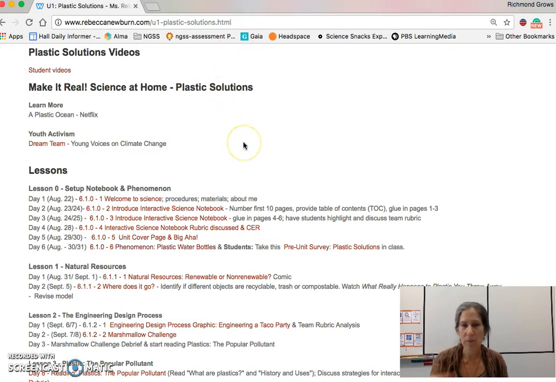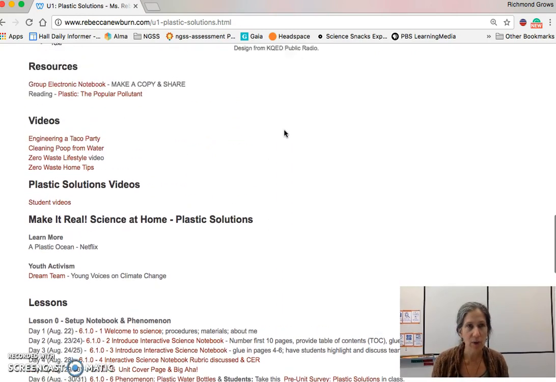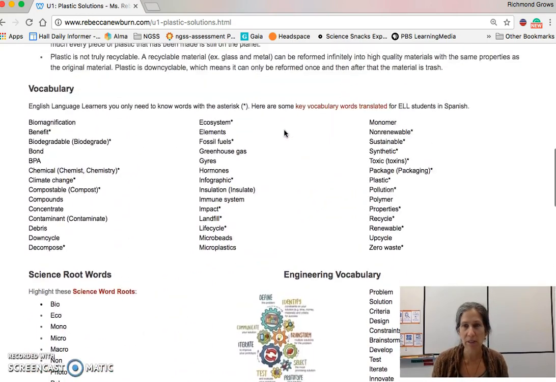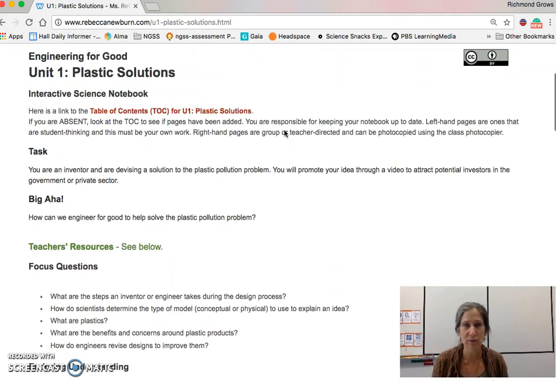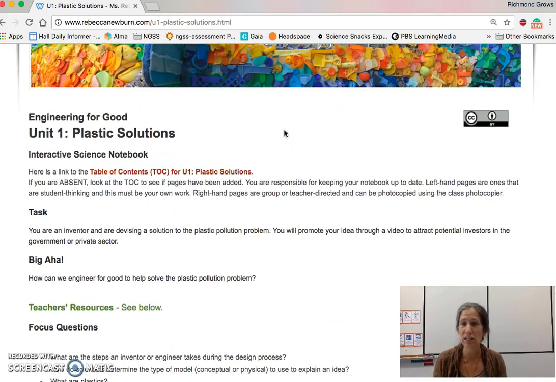Now, back to this unit page. The other thing that I want to point out is that people have varying degrees of organizational skills. This class tends to be very organized. It's a little bit extra work at the beginning, but once you get into the system, it becomes a lot easier. And one of the places that you can look if you feel like you're not quite sure about where things are, or if you feel like you missed some time and you want to make sure that you're up to speed,